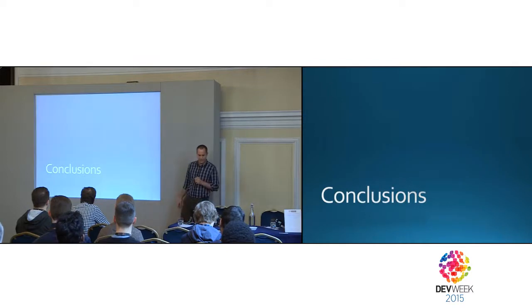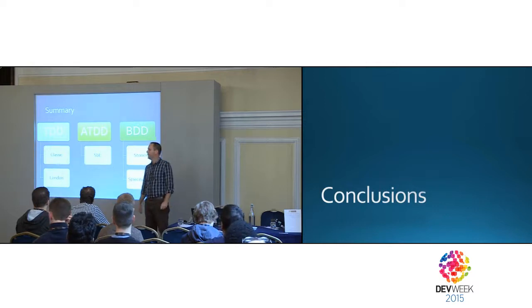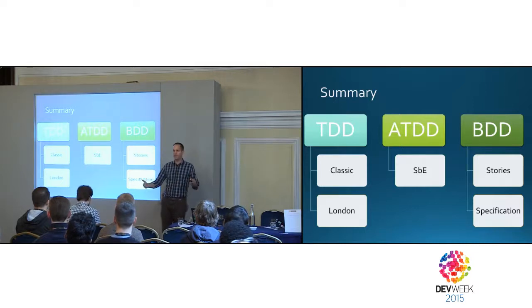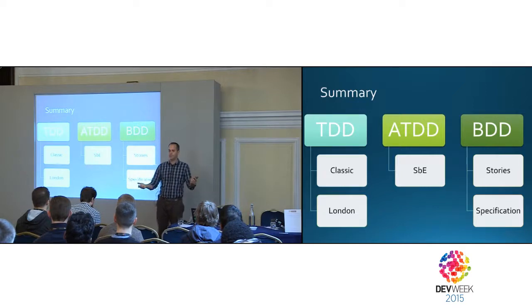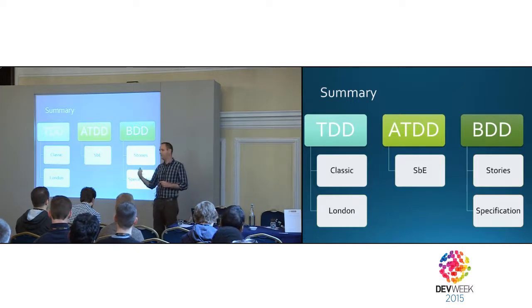So what did we talk about? We talked about TDD Classic and London School of TDD. We talked about ATDD, how it came about, the tools, and specification by example, which is an actual process you can use either with business people or testers. Testers usually are more open to that sort of idea because it helps their job. And BDD, using either stories or specification, two ways of doing BDD: either the classic way, one file for specification, one file for code, or together with the unit level BDD.